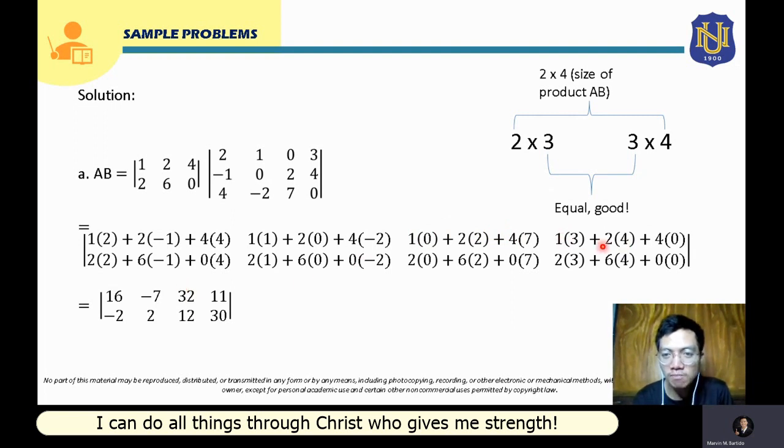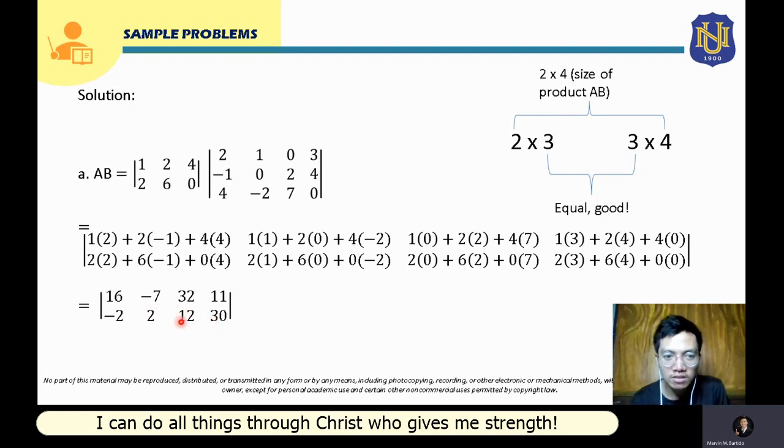And we have here 1 times 3 plus 2 times 4 plus 4 times 0, that will be 11. Okay, and we have here 2 times 2 plus 6 times negative 1 plus 0 times 4, that will be negative 2. And we have here 2 plus 6 times 0 plus 0 times negative 2, so this will be 2. And we have here 2 times 0 plus 6 times 2 plus 0 times 7, so that will be